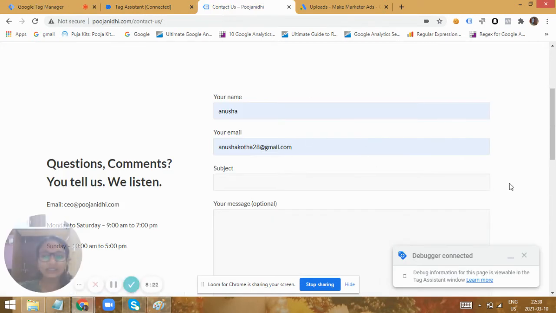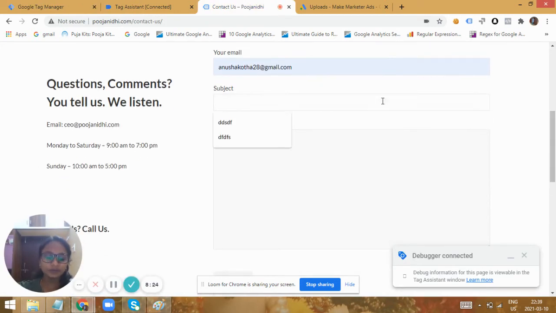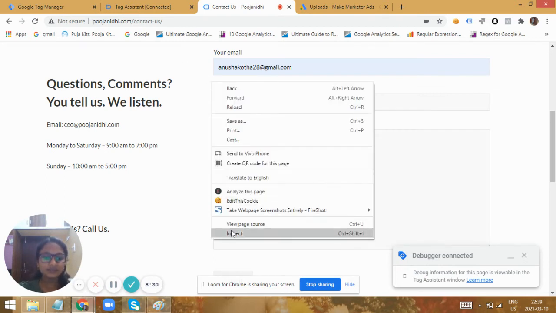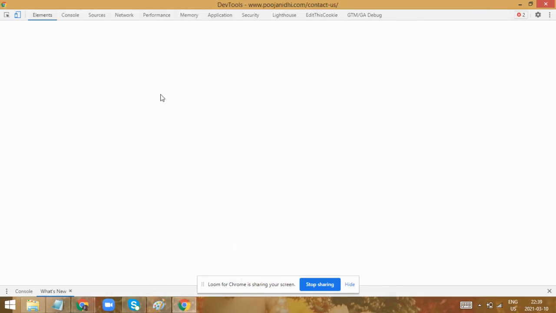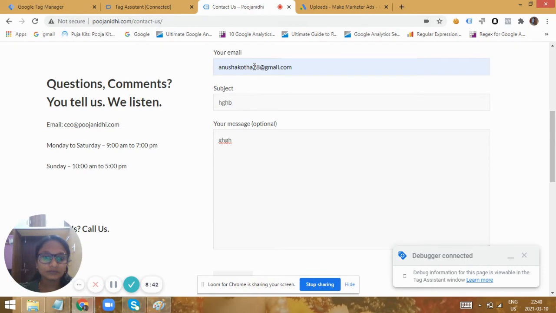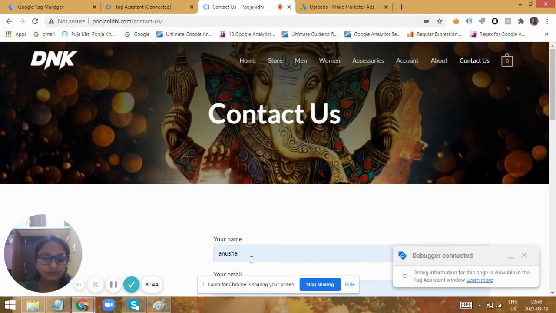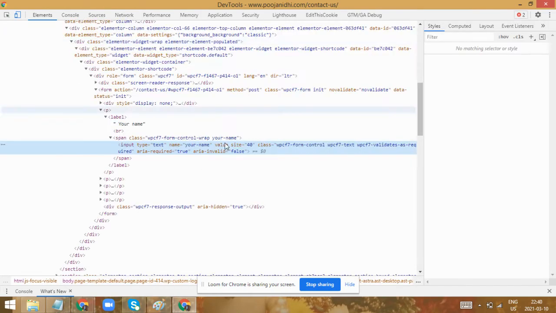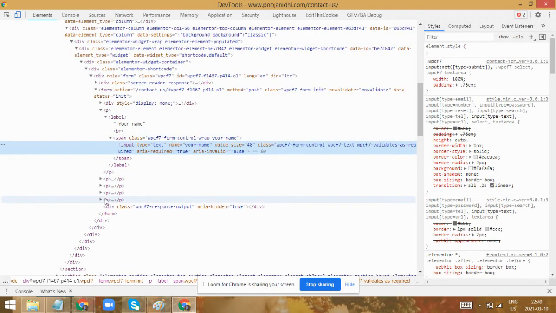So in order to do that, while the user submits this form, I have a hidden field in this form. You cannot see the field, but it's incorporated hidden. Let me check the form in the console so that you can identify the hidden field here.